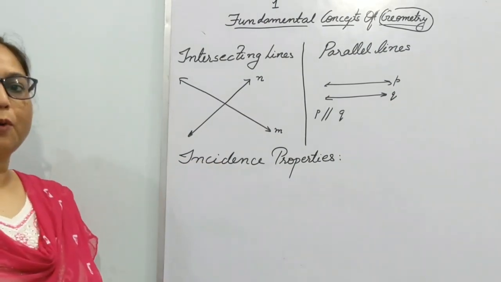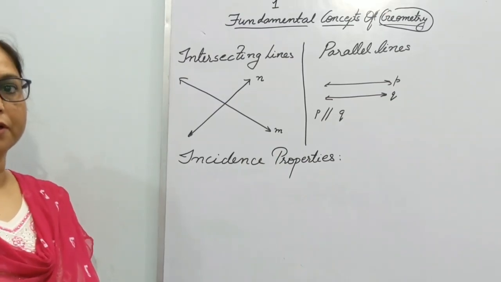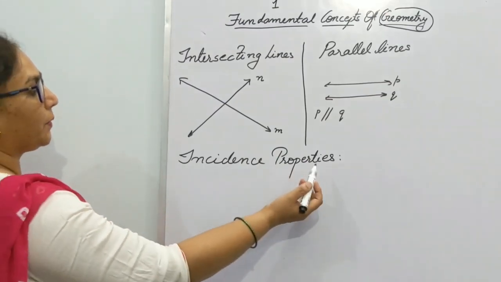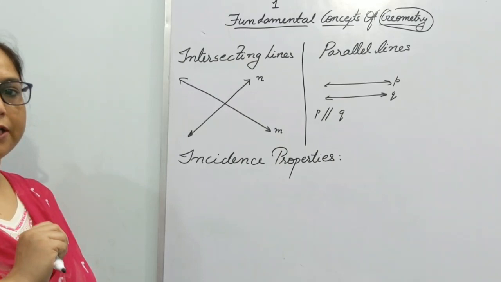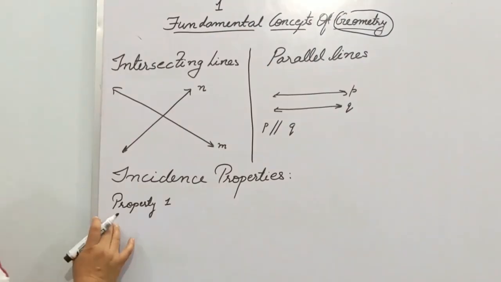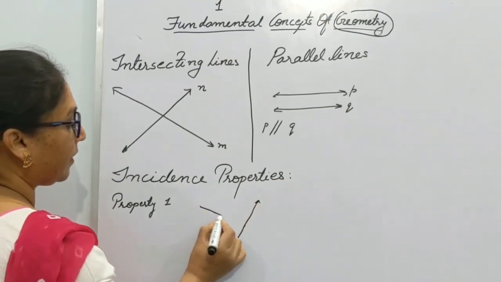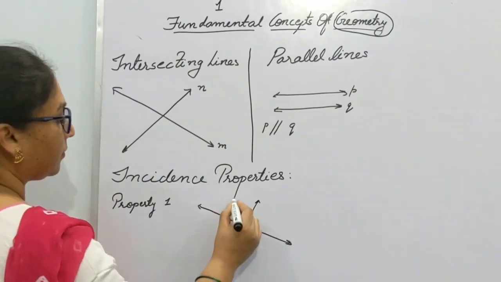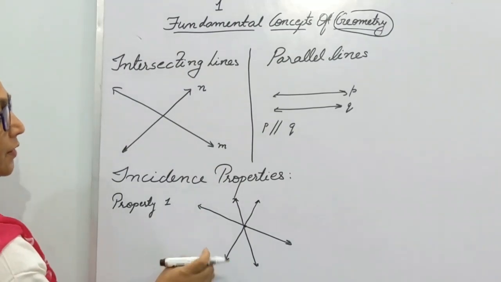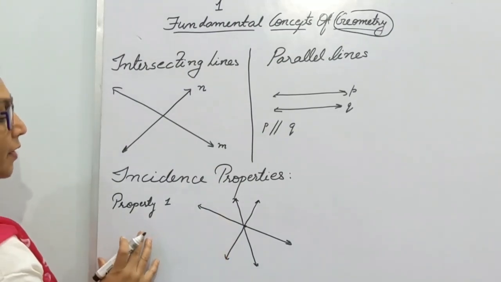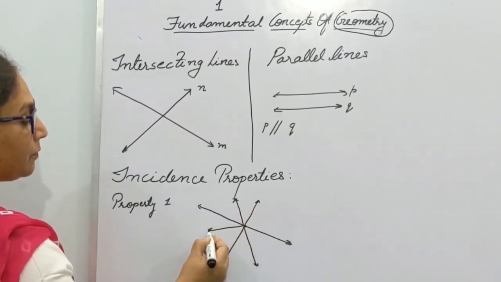Incidence properties. The point and the line have certain properties which are universally accepted, and these properties are called incidence properties. In this, I'll explain three properties. So let us move on to each one by one. Property 1. From a given point, an infinite number of lines can be drawn. Just see how many lines I am drawing. And many more you can draw. And if you see, it looks like emerging rays. So in other words, we can say with a given point we can draw an infinite number of rays. Just see.